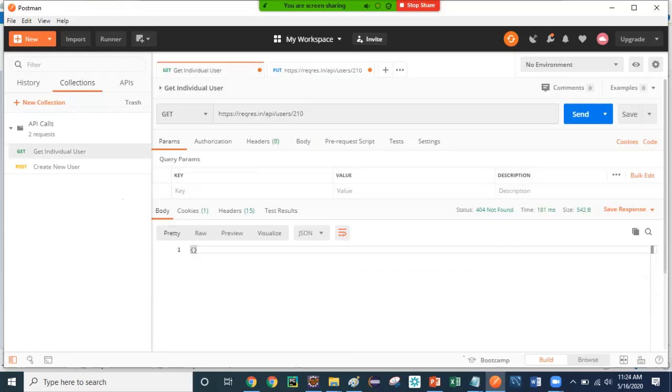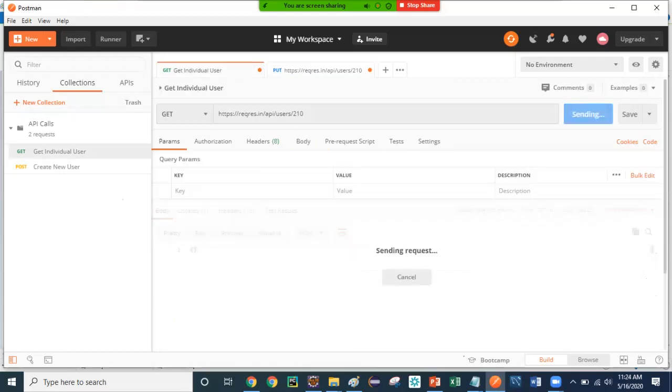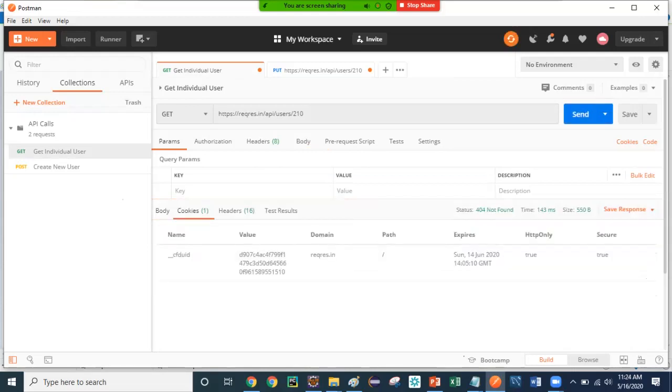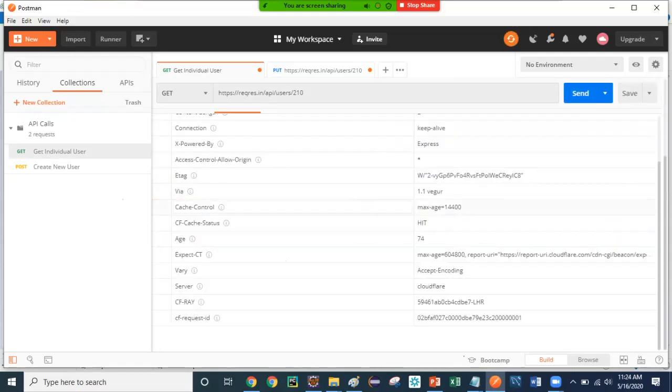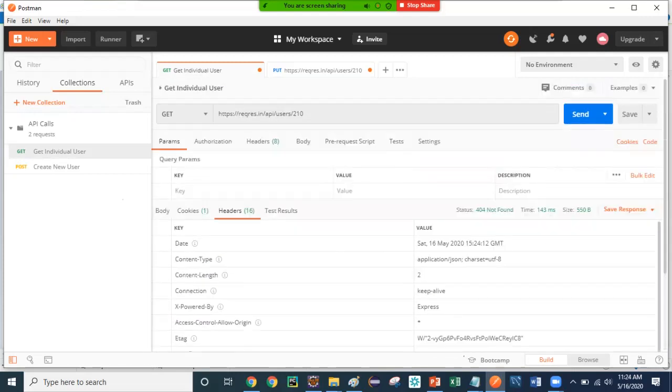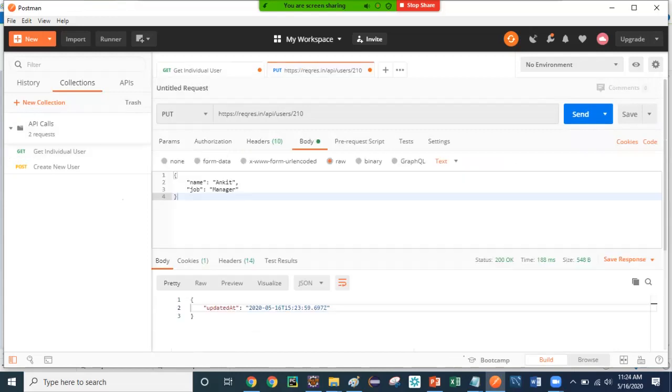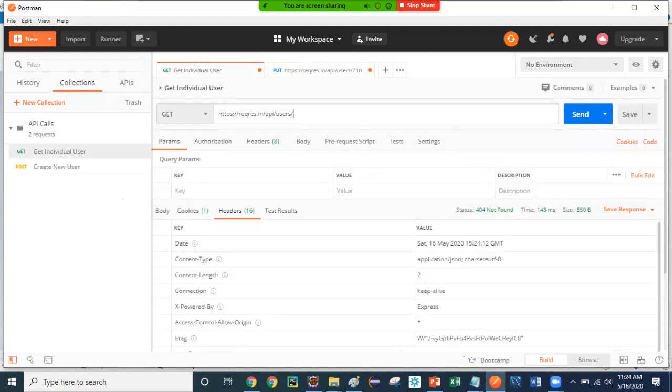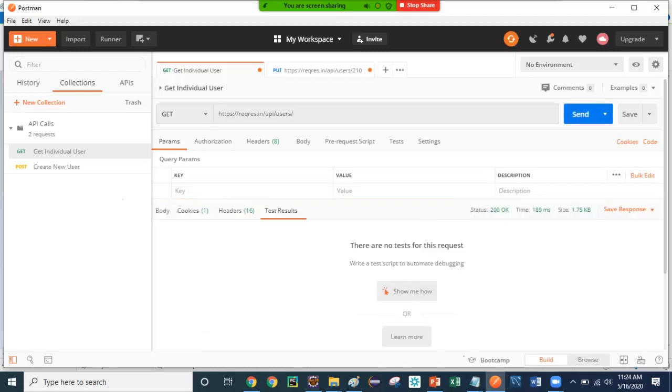So if I go with this one, I don't know, because they might have their server not going to upload the things straight away, right? So might be the reason of that. But you will see that information if I just say get the users, right? If I just say get the users now, you see if that information is coming over here, isn't it? Next result and all those things.